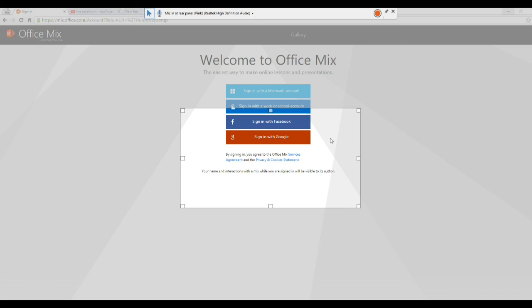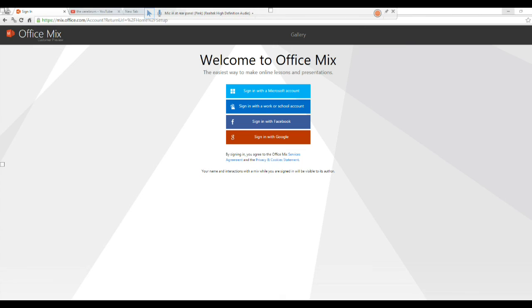So if you click screen recording, for example, I want to show my students how to access the CRS Moodle site. Okay, it will give you a selection box which tells you what area of the screen you want to be recorded or captured. So for example, I want all of my screen to be captured. Okay, so